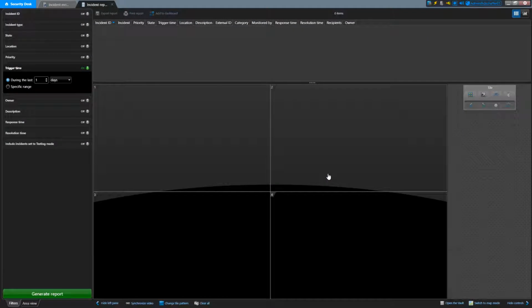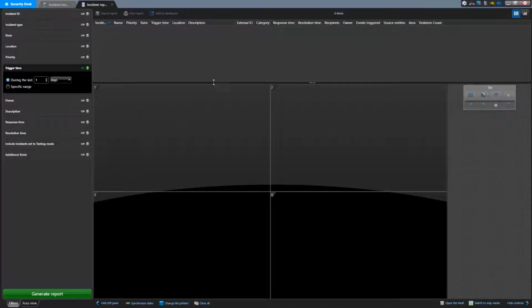The Incident Report interface should look pretty familiar at this point. You have your incident list on top, with similar columns to what we're used to seeing in the Incident Monitoring task, the Details pane on the side, and the standard look for the report filters on the left. If you need to add any columns to the list, such as any additional fields that are in use by your incidents, you can right-click on a column header and choose the Select Columns option.